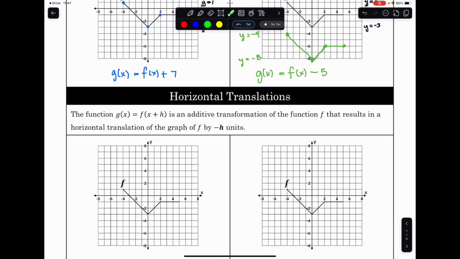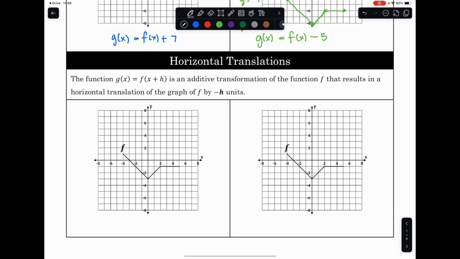The other big difference is that the result of performing this is going to do the opposite operation. The result in the horizontal graph of f is by doing the opposite of whatever this value is here. So instead of adding, we're going to subtract if it's positive, and if it was negative right here, we're going to do the opposite and add, make it a positive h. So for example,